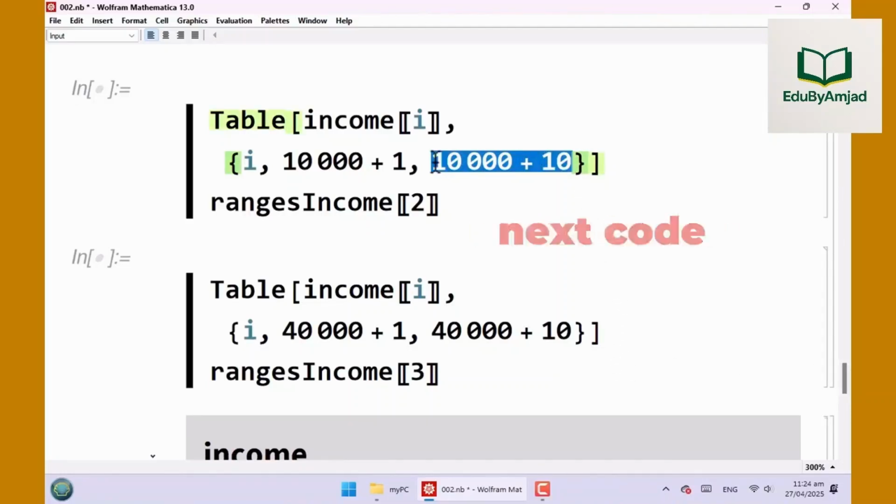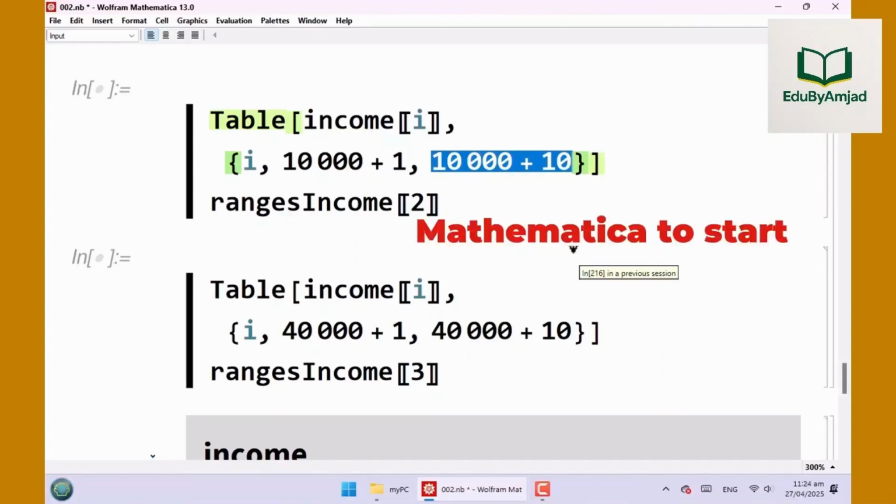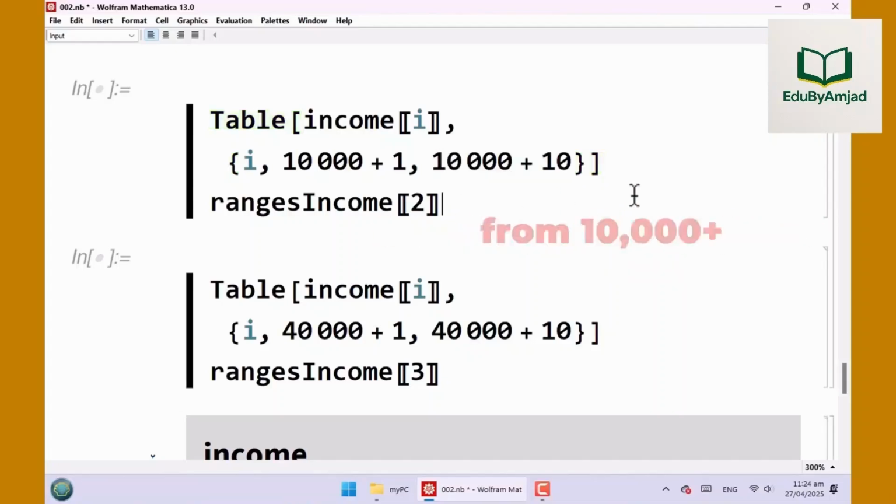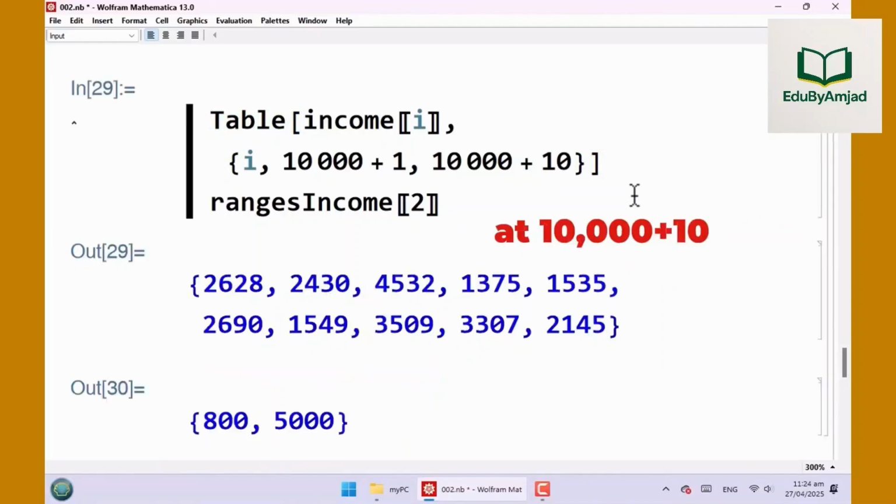Notice, for the next code, we are telling Mathematica to start fetching observations from 10,000 plus 1 and end at 10,000 plus 10.